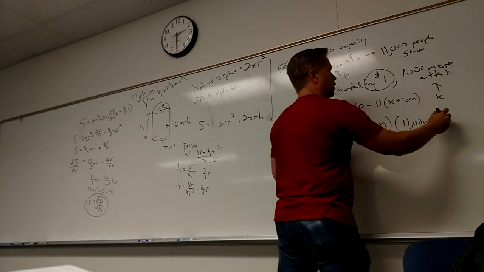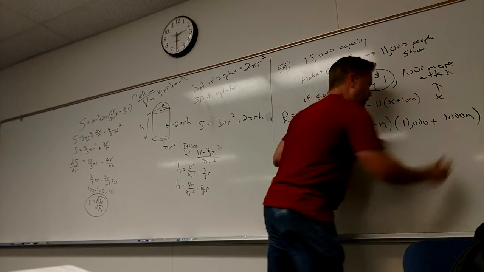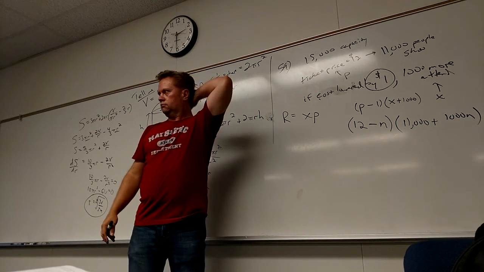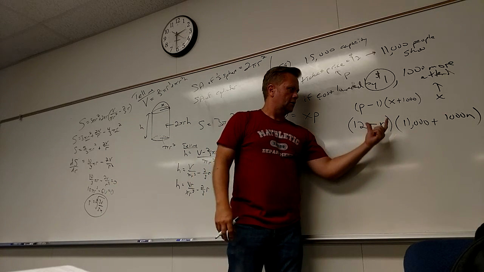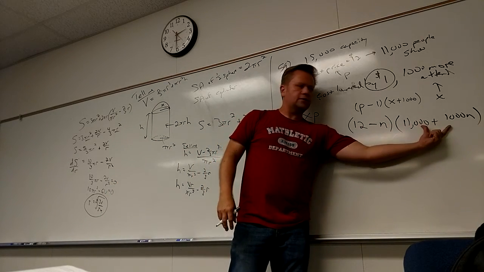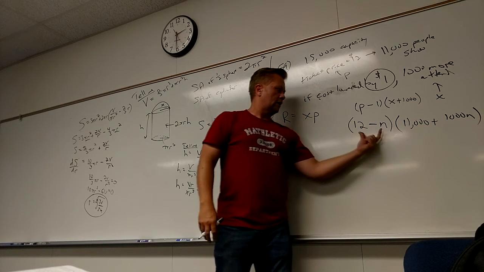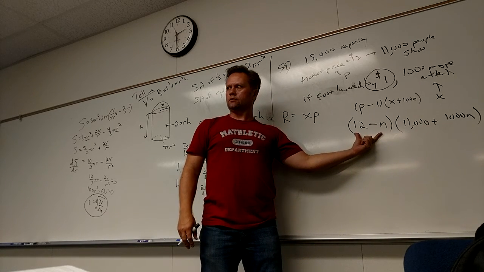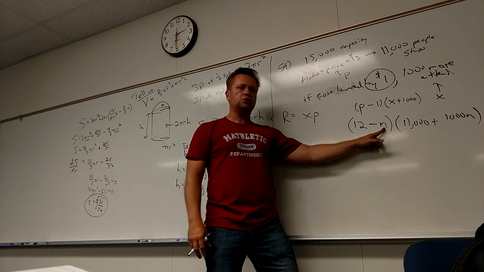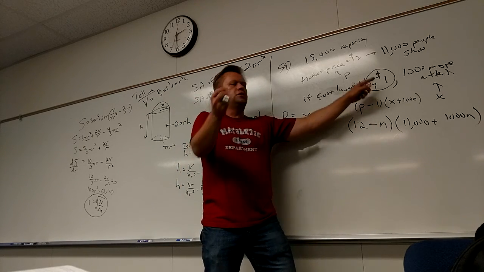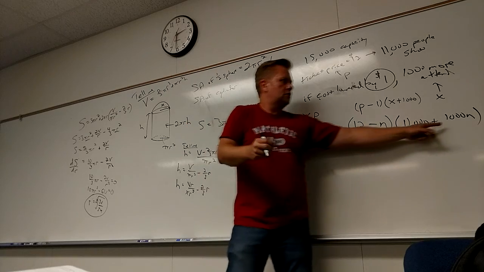N. So this is going to go up by 1,000 N. So this is X, the number of tickets, times P, the price. So the real variable is how much you're going to lower, the number of $1 steps you're going to take, which is going to be the number of